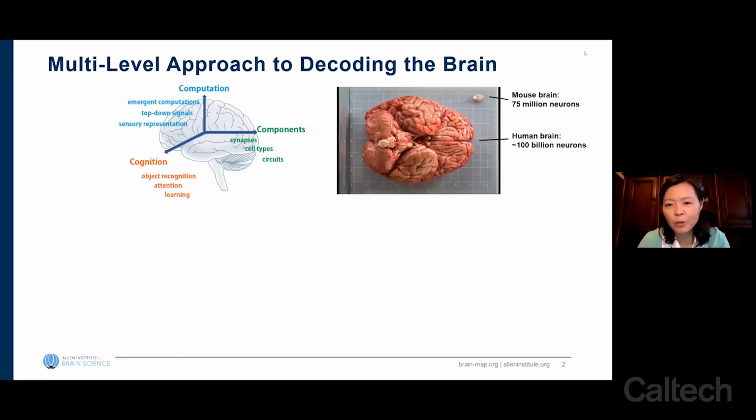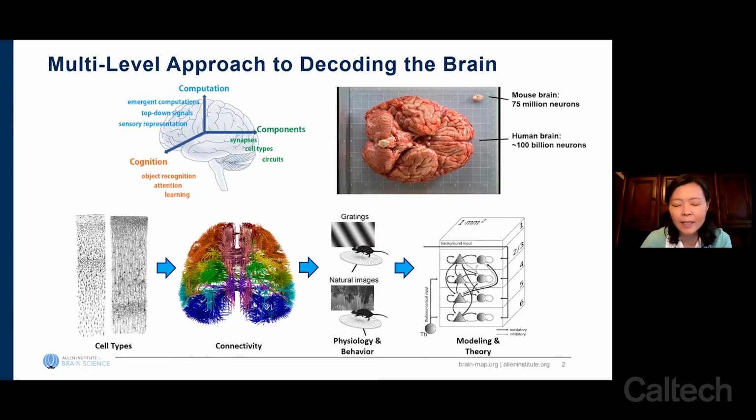The collective goal of neuroscience is to understand how the brain works. This is a daunting task given the extreme complexity of the brain itself, with millions to billions of neurons and a similar number of non-neuronal cells in the mammalian brain, and the intricate interconnections among all these cells. To tackle this complexity, it is necessary to take a multi-level approach to understand organizing principles of the brain at